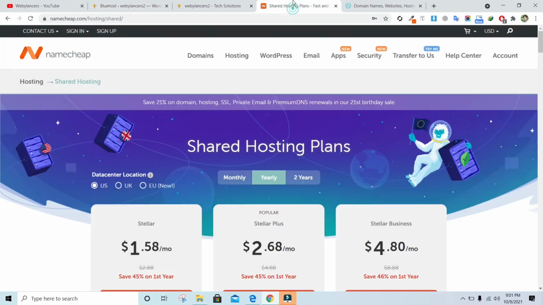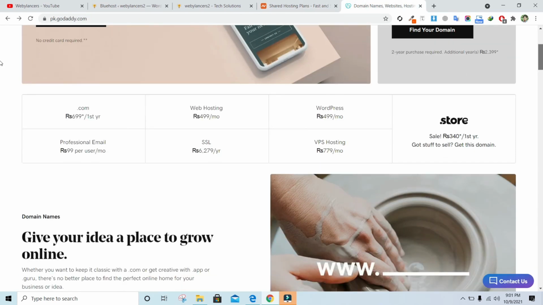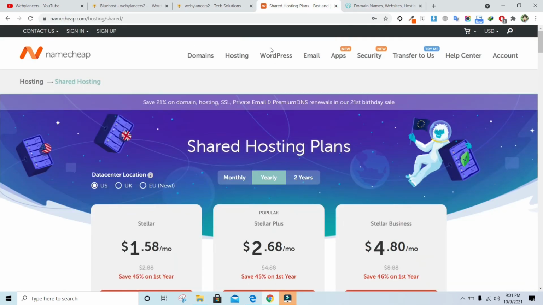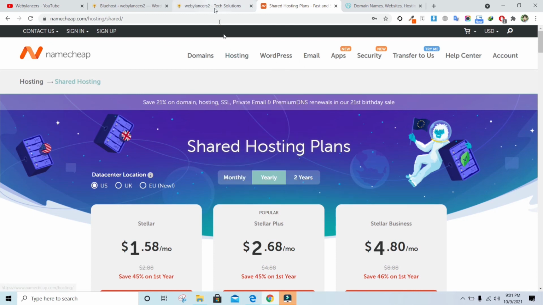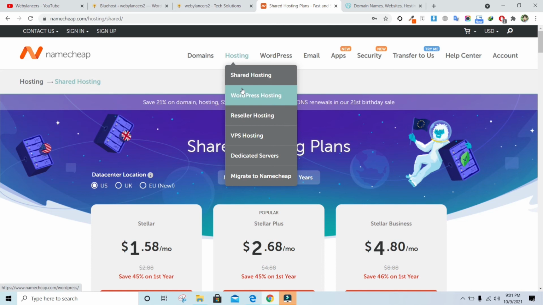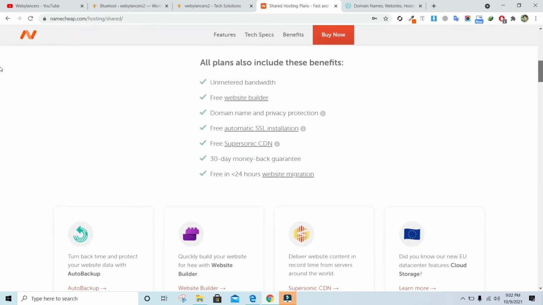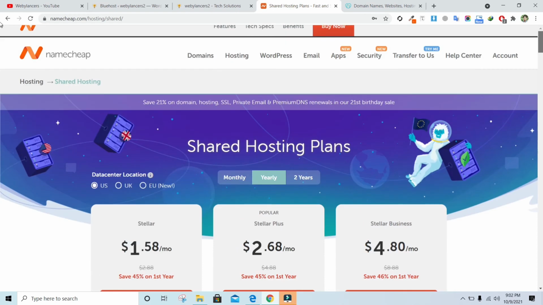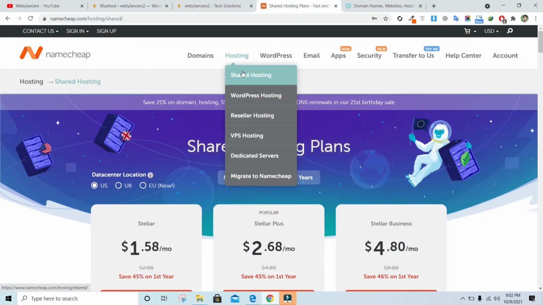You can also use other hosts like Namecheap and GoDaddy, and plenty of others are available. You can choose whichever suits you best. Please make sure to choose the shared hosting plan if you're familiar with this. Otherwise, you can use pre-built WordPress managed hosting, so they can help you out in some of the sections. But if you are building it on your own or hiring a developer and you want to make changes easily, then you need to purchase the WordPress shared hosting plan.